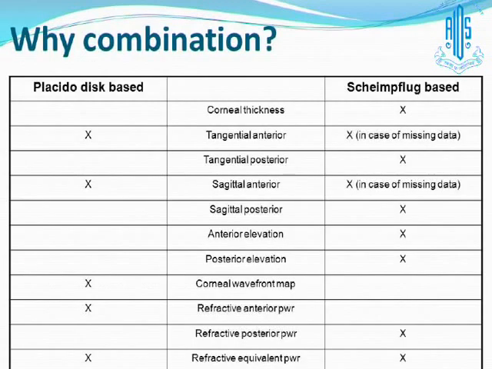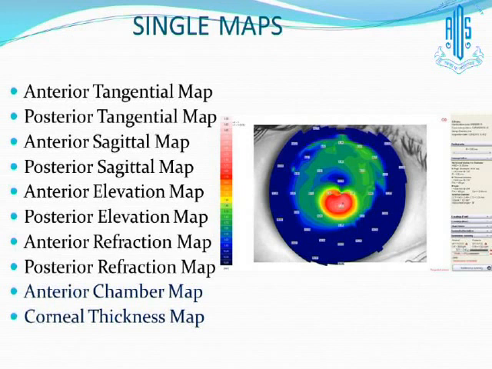Why is this combination required compared to the Pentacam? So here the vital information that we get from the reflection topography, that is the Placido disk topography, like the curvature, the corneal wavefront, the refractive and anterior power, all these things are missed by the Scheimpflug. Whatever data we get, both are combined, so that we get proper information. So here these are the single maps which are available, like in the previous Pentacam. It can be the curvature maps or elevation maps. It also gives other details which I'll come to.